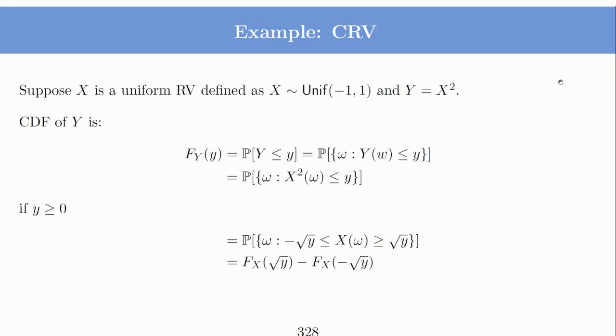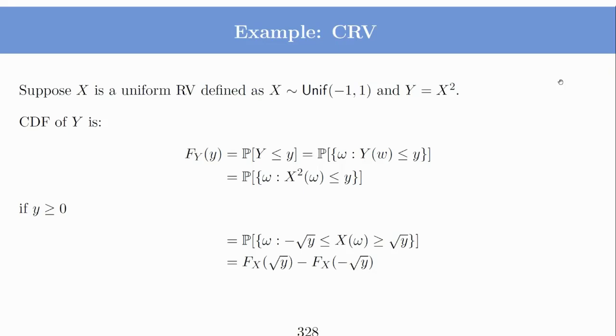You can say that the probability that X is between a and b is equal to the probability that X is less than or equal to b minus the probability that X is less than or equal to a. If you have this interval from a to b, if I know the probability that X is less than b, and I remove the probability that X is less than a, what I will be left with is the probability that X is between a and b. The same we will use here.